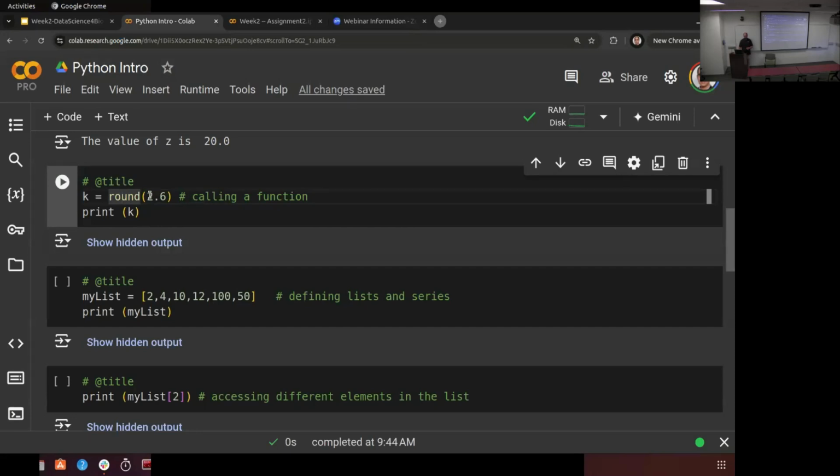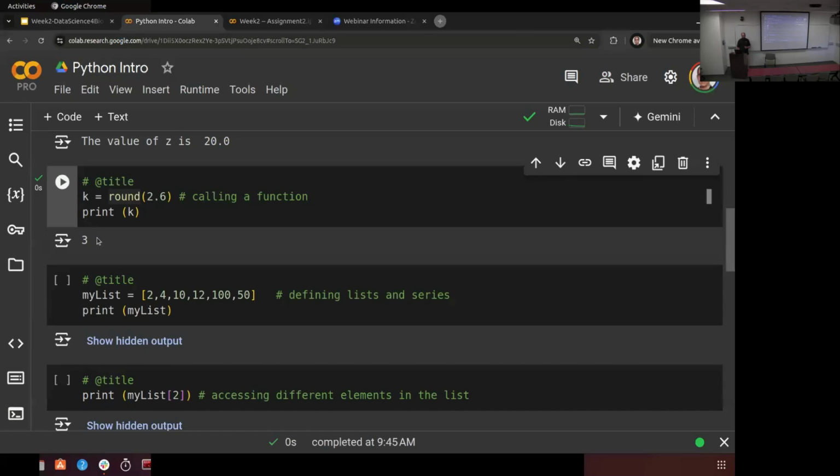So if it inputs 2.6, it's going to output the rounded number, which is in this case 3, and I'm going to assign it to the variable k. If I do this, I'm going to get the value 3. And if I do something, for example, maybe 4.2, and I run it again, I'm going to get the rounded value 4. So you can think of these functions as like tools or like black boxes that you can use